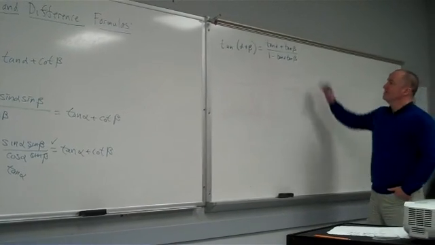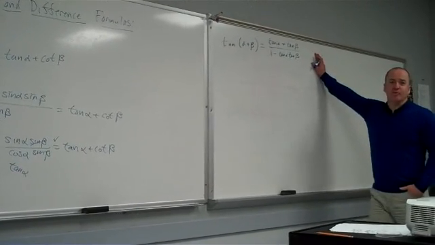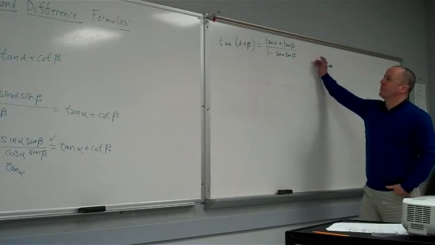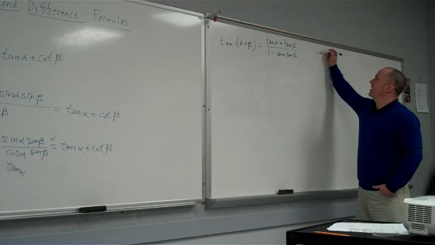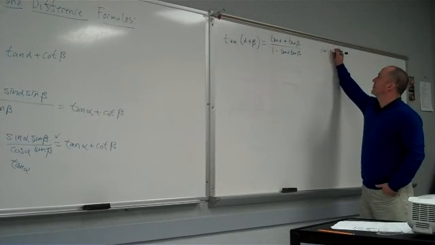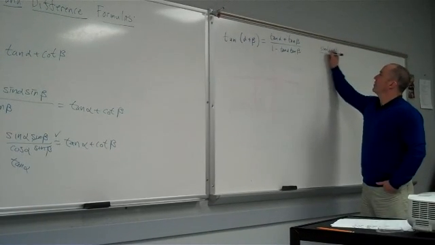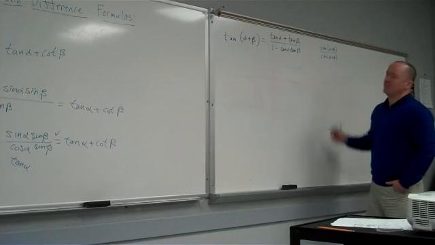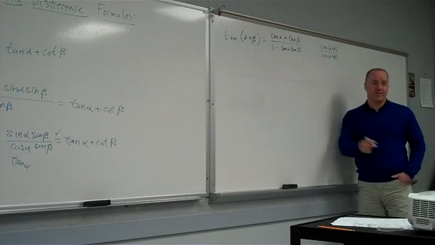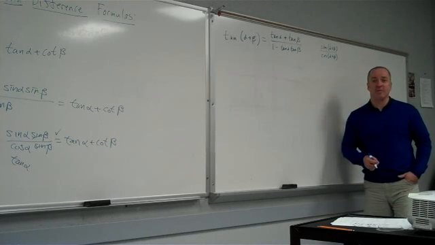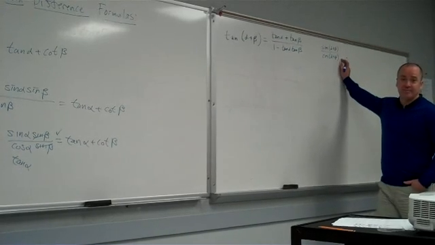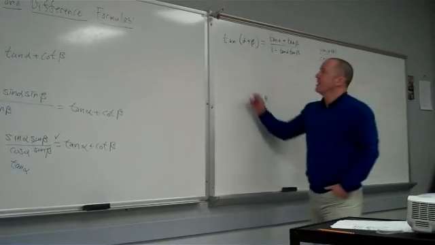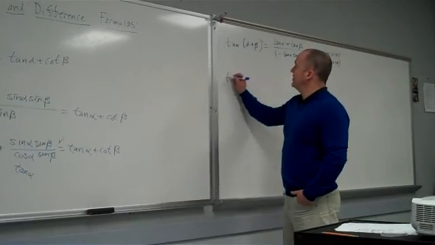That's pretty ugly. The proof of where it comes from is ugly. Well, there's kind of a short way to do it. The shortest way to find the proof is if you take the sine of alpha plus beta and put it over the cosine of alpha plus beta. You can manipulate that like an identity until you get there. But then you'd be taking my word for it on where these came from. The proofs of those are long and involve drawing lots of triangles. But if you can memorize this,